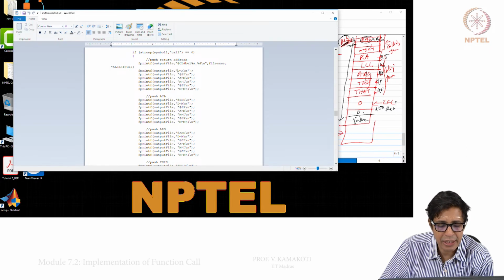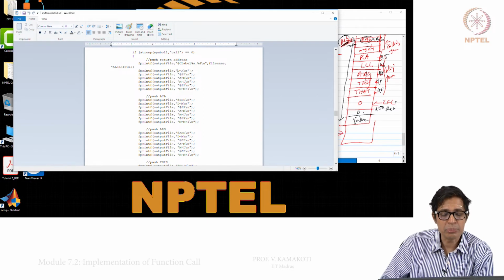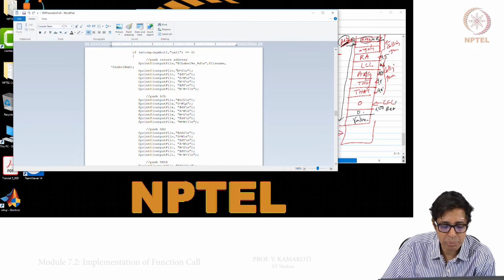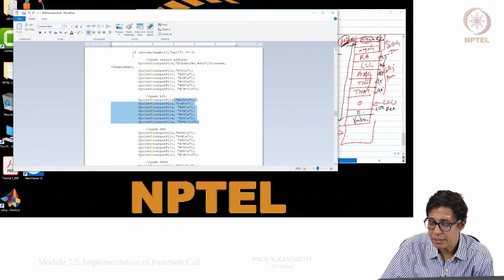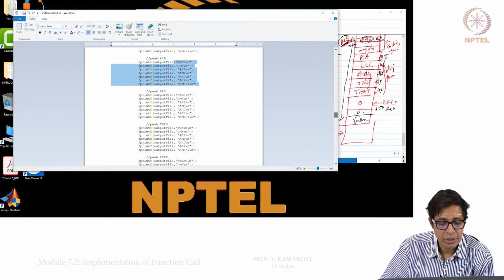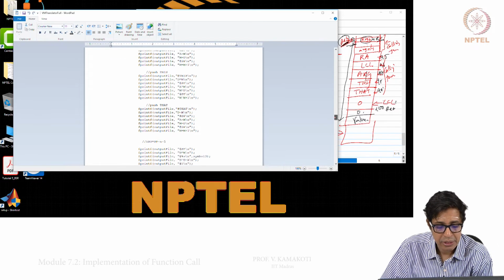So, I put that label into D, and now I go and push it into the stack. Similarly, I push LCL. This is the code for pushing LCL. I push ARG, I push THIS, I push THAT,